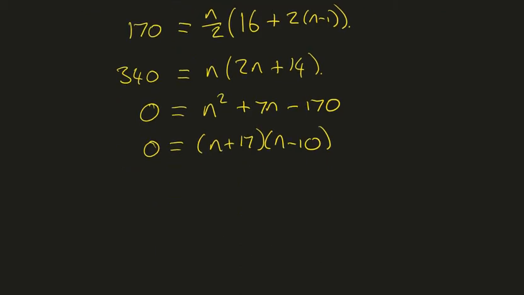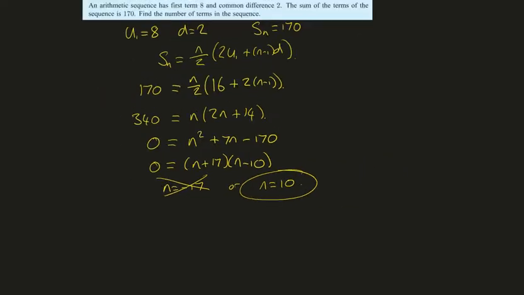So that gives two solutions to the quadratic. Either n is minus 17 or n is 10. But you don't get minus 17 terms in a sequence. It doesn't make any sense for our particular problem. So we're going to reject our negative, and we have our answer. There are 10 terms in the sequence. Okay, now,